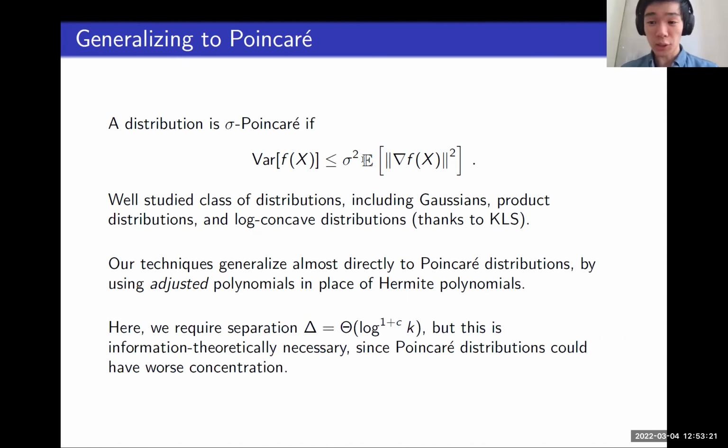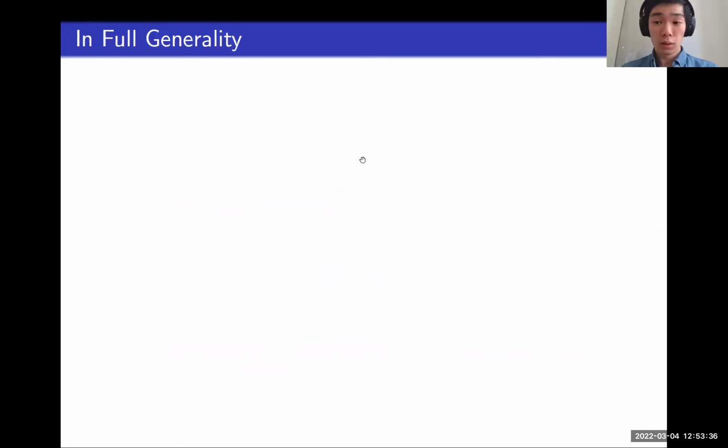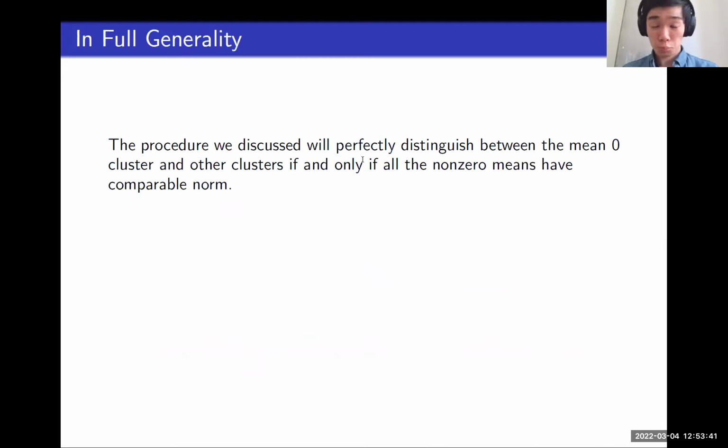So for general Poincare distributions, you do get a slightly worse bound. Instead of log to the 1/2, you need separation log. And this is actually necessary because Poincare distributions only have exponential decay instead of Gaussian decay. However, as I mentioned at the very beginning for Poincare distributions, there is this